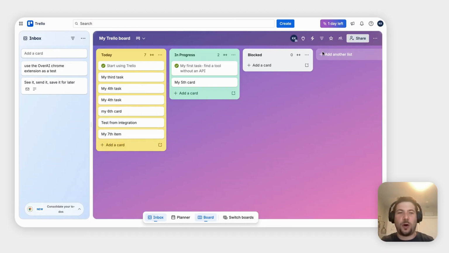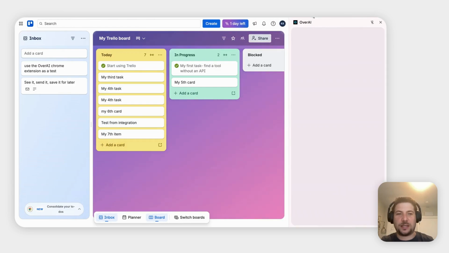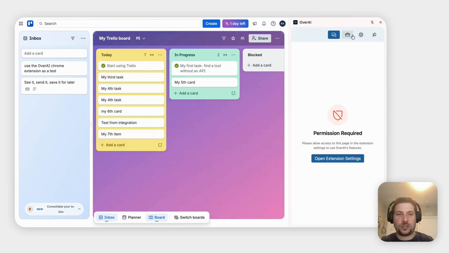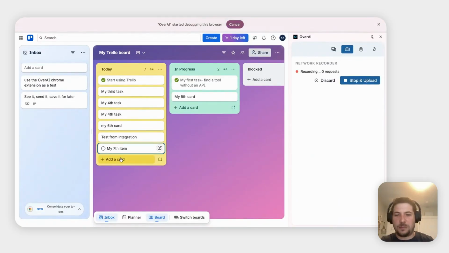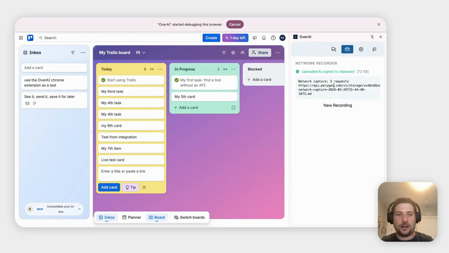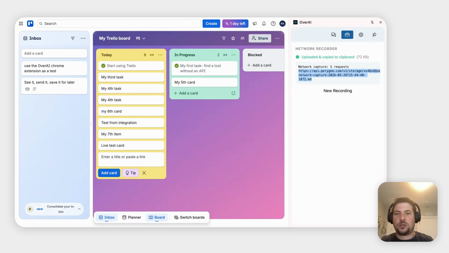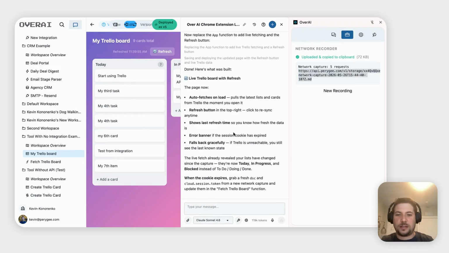concept. So all I need to do is I'll go over here to the Chrome extension. I'll start a recording. And then I'm going to add a card. We're going to say live test card will be the name. And I'll hit add card. And that's all. So then I'll stop. I'll create another file. And then now when we go back to OverAI,